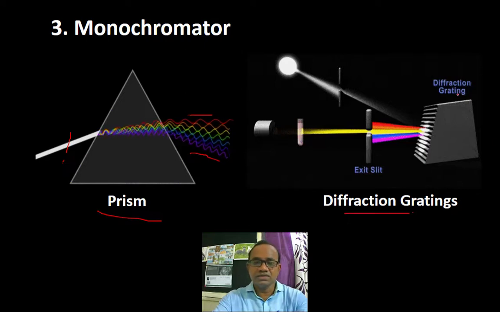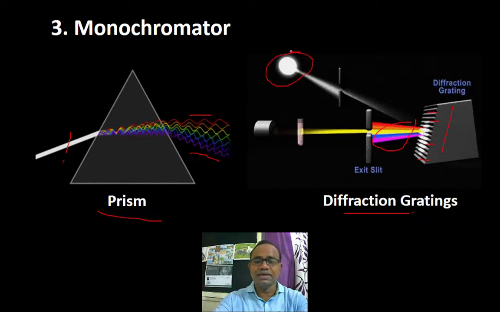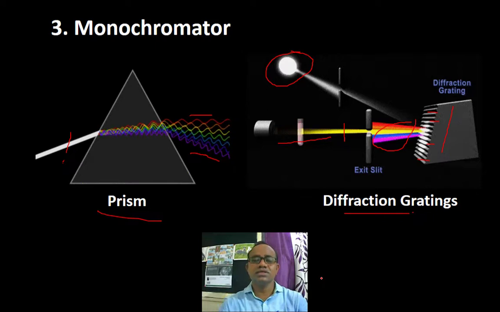The diffraction grating is very similar to the prism, right? It is actually a glass on which different structures or rulings are made in order to reflect the light to the sample. Again, this is the polychromatic light coming out of the single white light, and only one kind of light reaches the detector. So monochromators are instruments which resolve polychromatic light and send only individual wavelengths of light to the detector.